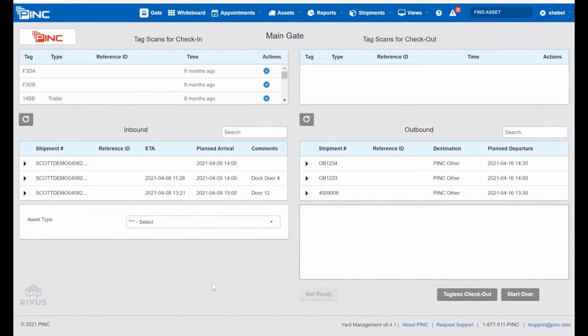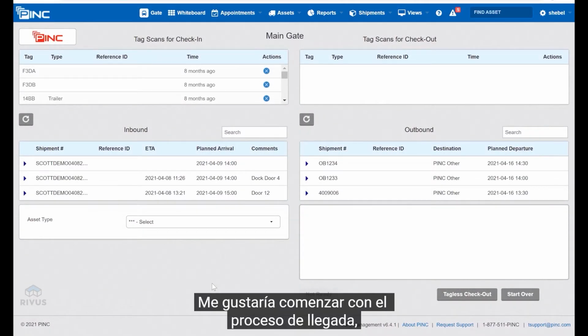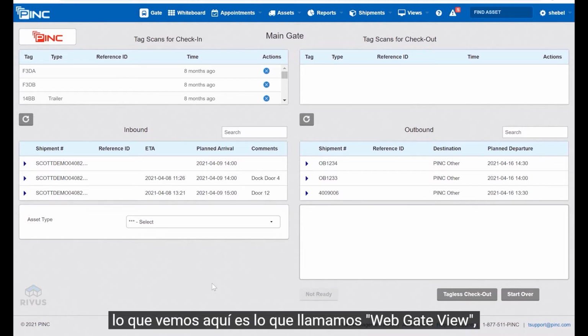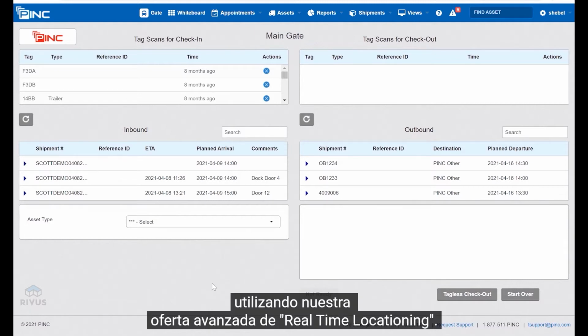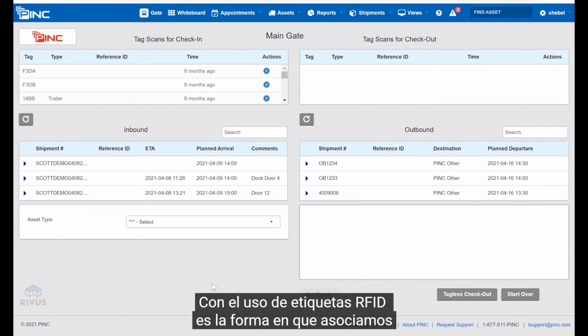Okay, so as Eric said, I like to start at the arrival process. What we're looking at here is what we call web gate view. This is where the arrival and the departure process would take place. If we are utilizing our advanced offering with the real-time locationing, we utilize RFID tags, and the way we would